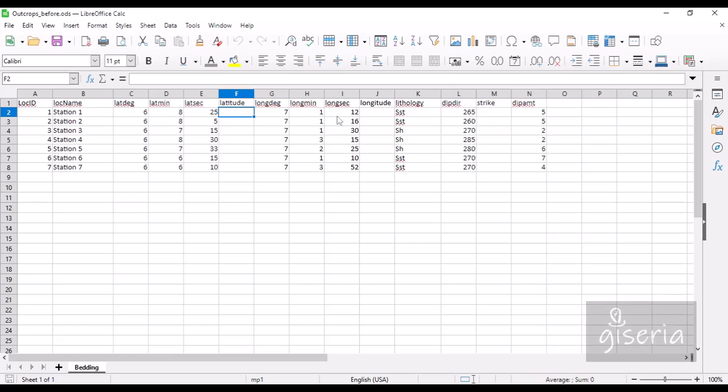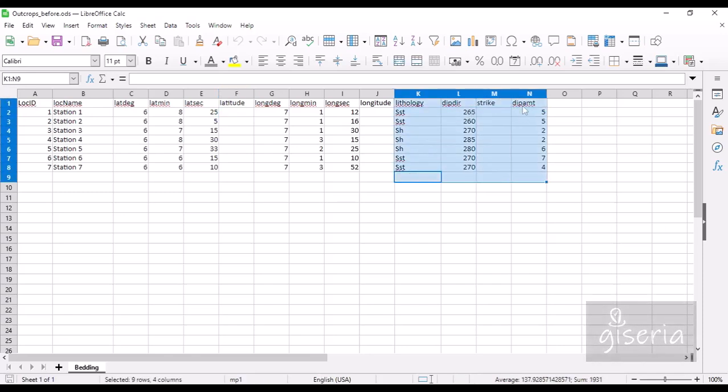And also on the longitude side, we have a degree reading, minute reading, and a second reading. So we calculate the latitude and longitude values for both using this spreadsheet, and then we'll create a new table appending the other features. We'll also be calculating the strike from our dip direction. Assuming you measured the dip direction in your field trip, you're going to be calculating the strike because that will be used in the